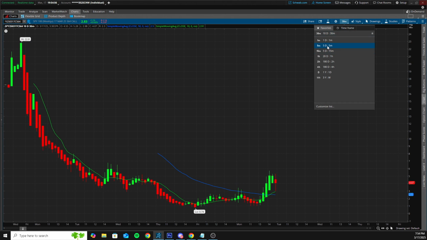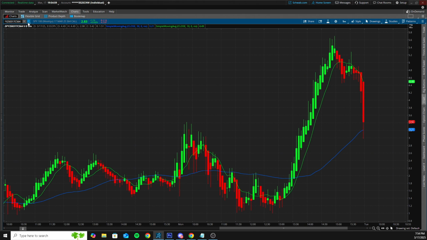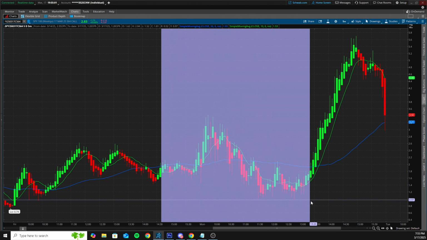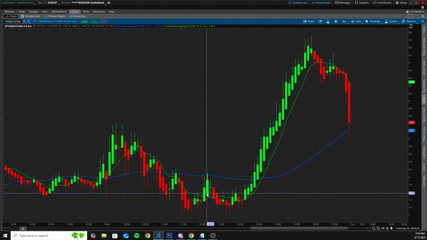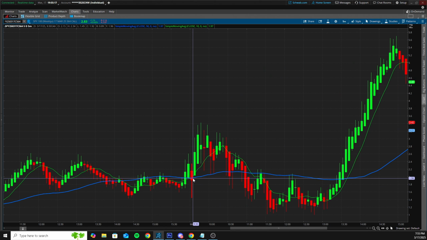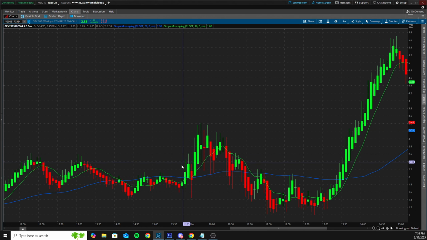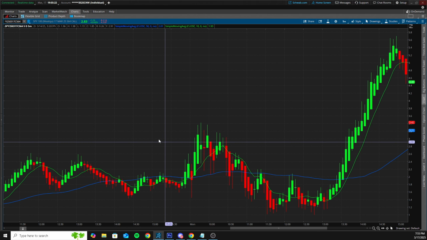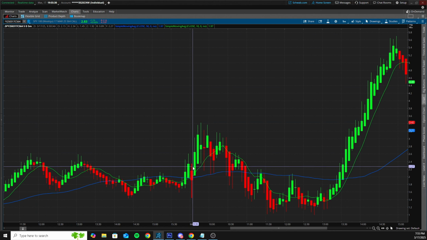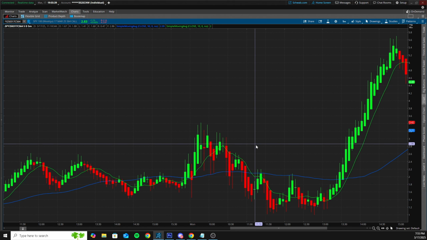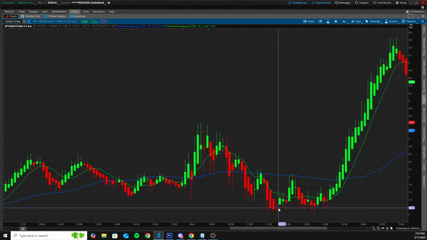So if we go on the call side real quick, actually let me go to the puts. Actually no, yeah, the call side. On the call side, this is what we looked like. Right off of open, we opened right down in here. Right at 9:30, we opened down in here, and there was this little cross that happened, but I didn't take this. I didn't like the trade because we were sitting at that 30-minute 50 right at 9:30. So I was pretty much just waiting for the 30-minute to cross, and then we flip bullish and we could buy 50 dips, or this chart goes negative and we reject that 30-minute 50 and see some downside.